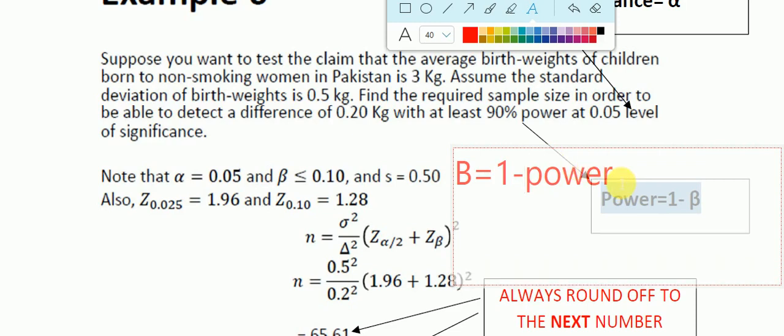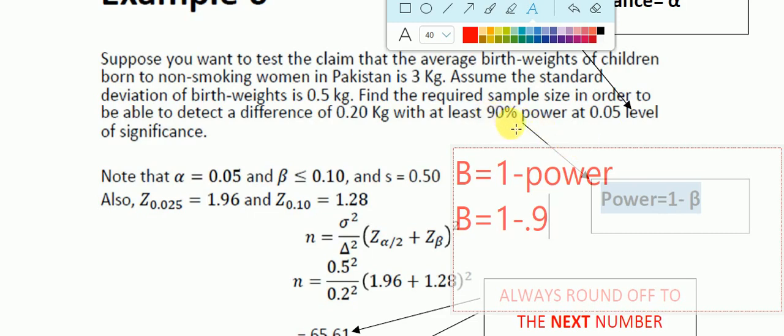So then we'll calculate beta by using 1 minus power. The value of power is 90%, so we'll definitely have to convert it into simple numerical form, which comes out to be 0.9, because how we convert it, we divide 90% by 100, because percent is per 100, so 90 divided by 100 comes out to be 0.9. So beta is equal to 0.1. So this is how we calculate beta. Alpha is given in the question, which is 0.05. Okay,